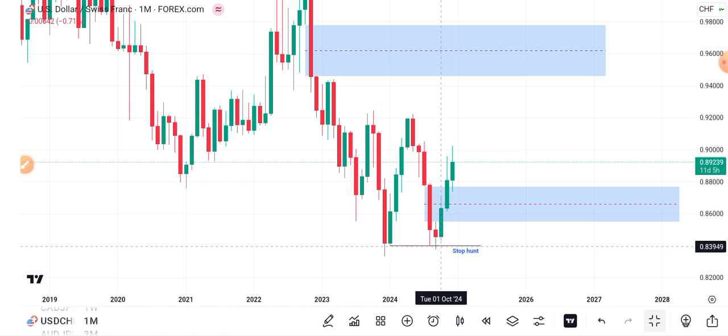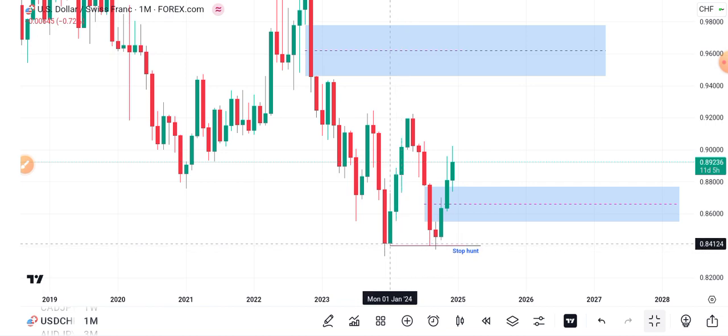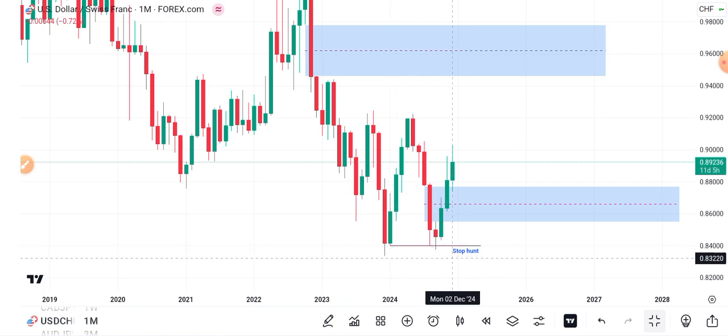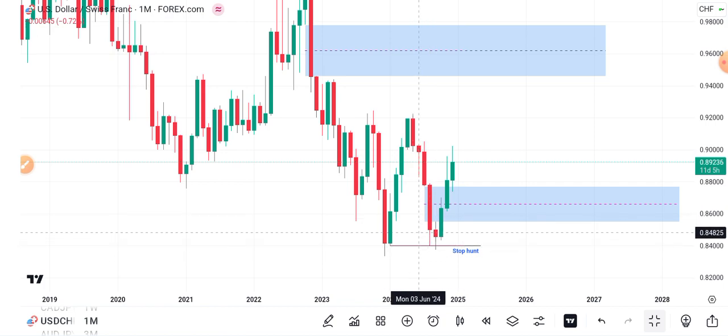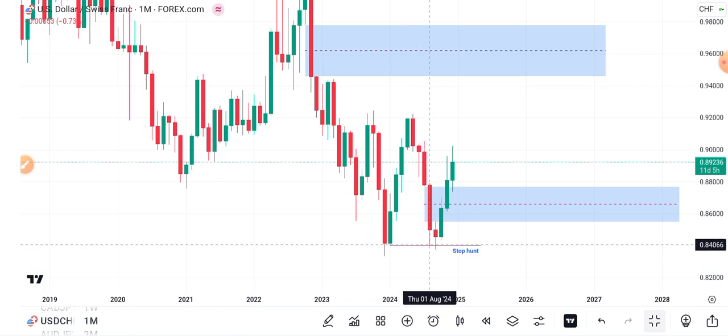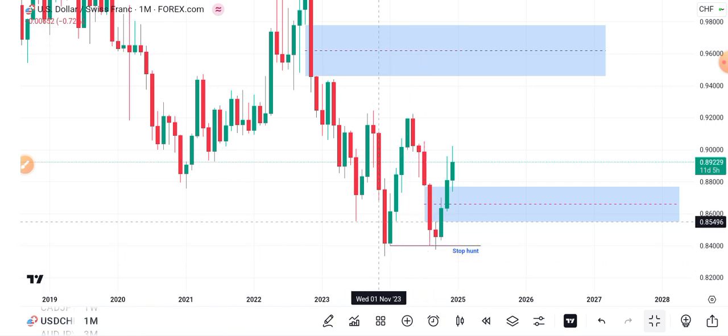We can see that September 2024, October, November, December. All right. So there was a stop point. The low of January 2024 was taken out by price action. This also confirms the stuff that ICT has been teaching and how it is playing out here. Old low has a very good impact on price, especially on the higher time frame.